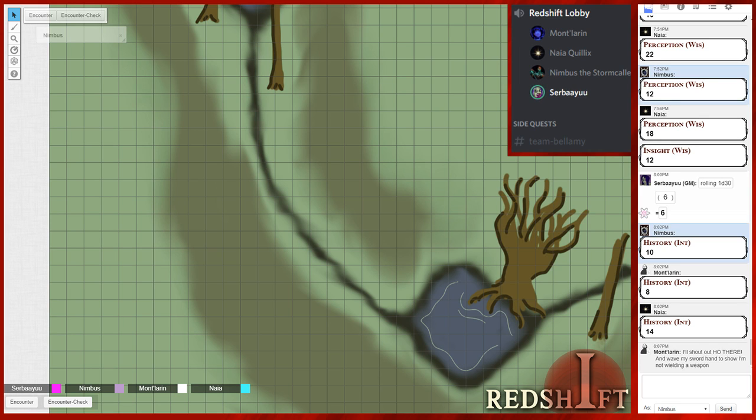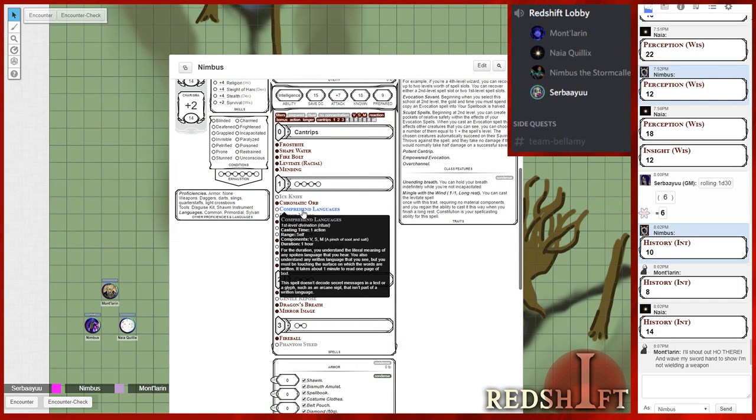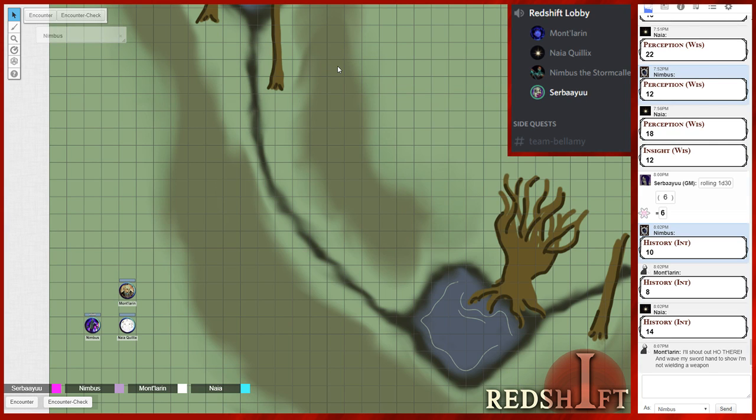Okay, Montlarin will shout "Ho there." Excellent. Montlarin is here. Naya is here. Nimbus is here. Okay. I guess I would have probably started casting with roughly 10 minutes or so lag time, so I'd be able to have it cast before it arrives. Comprehend languages, you mean? Yeah, as a ritual. So if you guys are stopped here, Montlarin, you'd kind of be organized like that. Nimbus, you'd be able to just be finishing this up, as this